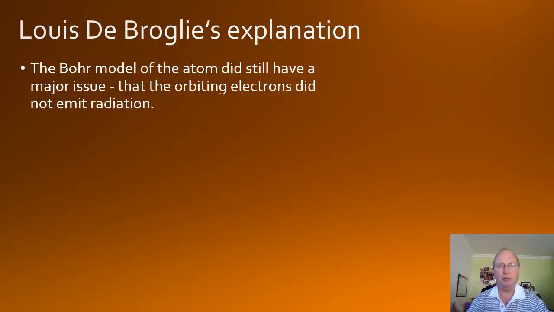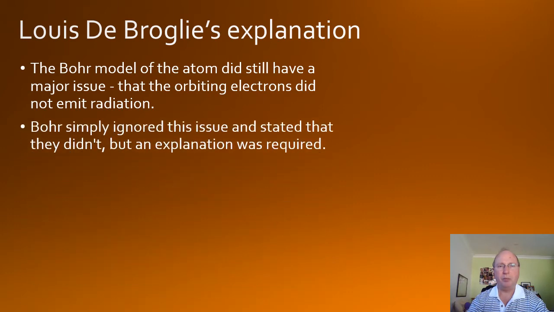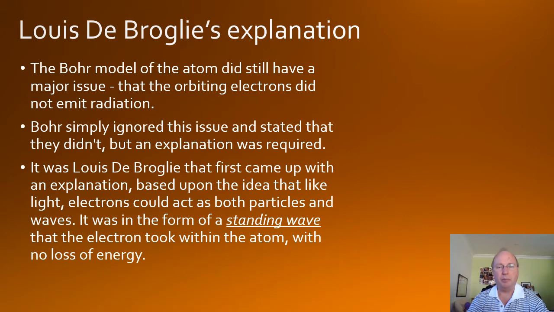Well, here's Louis de Broglie's explanation. The Bohr model of the atom did still have a major issue, that the orbiting electrons did not emit radiation. Bohr simply ignored this issue and stated that they didn't, but an explanation was required. And it was Louis de Broglie, and please note he's a Frenchman, and the pronunciation of his name is de Broy, not de Broglie. Louis de Broglie first came up with an explanation based upon the idea that, just like